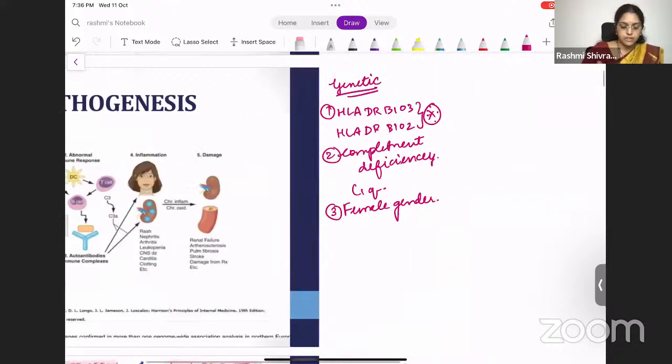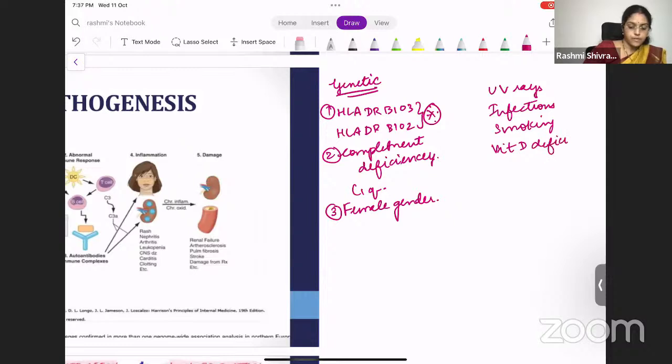What are the most important factors that we talk about? Mainly UV rays, because we know that the lesions in systemic lupus erythematosus are highly photosensitive, right? So the UV rays in the sunlight affect the patient. Then infections, smoking, vitamin D deficiency, hormone replacement therapy. All these are very, very important environmental factors which act as a second hit